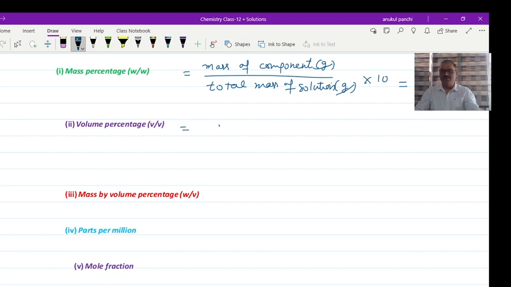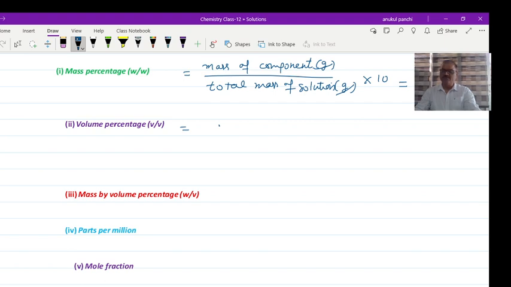By taking liquid in a measuring cylinder, we can take 1 liter, 2 liter, 10 milliliter, 20 milliliter. Different shapes and sizes of measuring cylinders are there in the lab. So we can use those measuring cylinders and take the volume of liquid very easily.